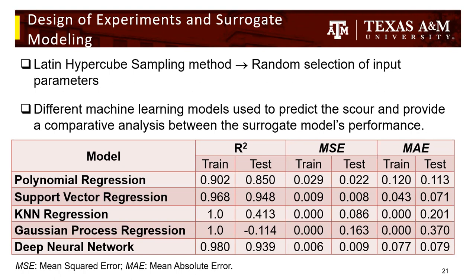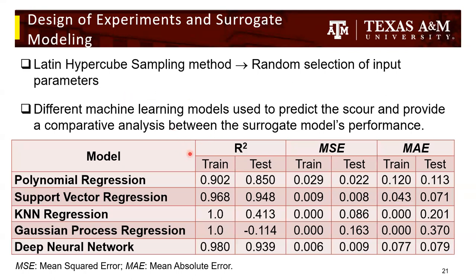And by doing that, it ensures that the sample points are evenly distributed on the domain. And this criterion is really helpful, as it is based on maximizing the distance between the sample points, and that's why we have used Latin hypercube sampling as a statistical method for the random design of experiment. And after we have done the Latin hypercube sampling, or the selection of data points, then we used